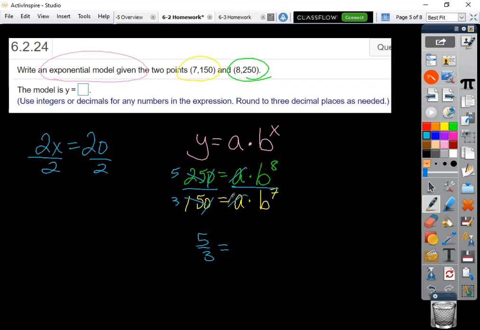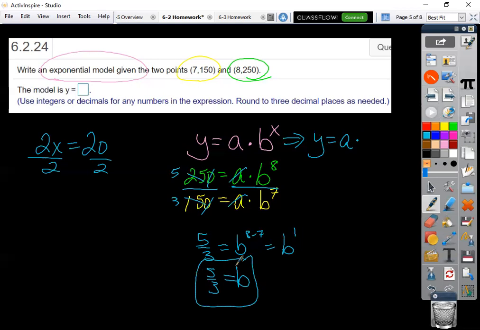Over here, my a's divide out to a 1, cancel, reduce, simplify, whichever of those words you like to say. And then b to the 8th over b to the 7th, remember you subtract those exponents, or these 7 wipe out, cancel 7 of those 8, but that's just going to leave me b to the 1. So in this case, I already know my b, my multiplier, in this problem. So it's going to be the 5/3. Well, once you know that, so far we know this. We don't know my starting number, but we know that my multiplier again is this 5/3. We're going to need that